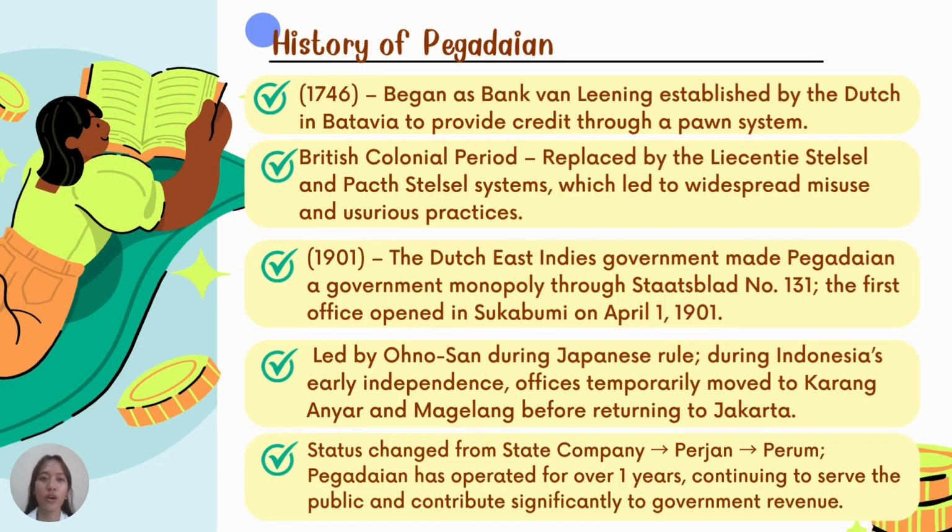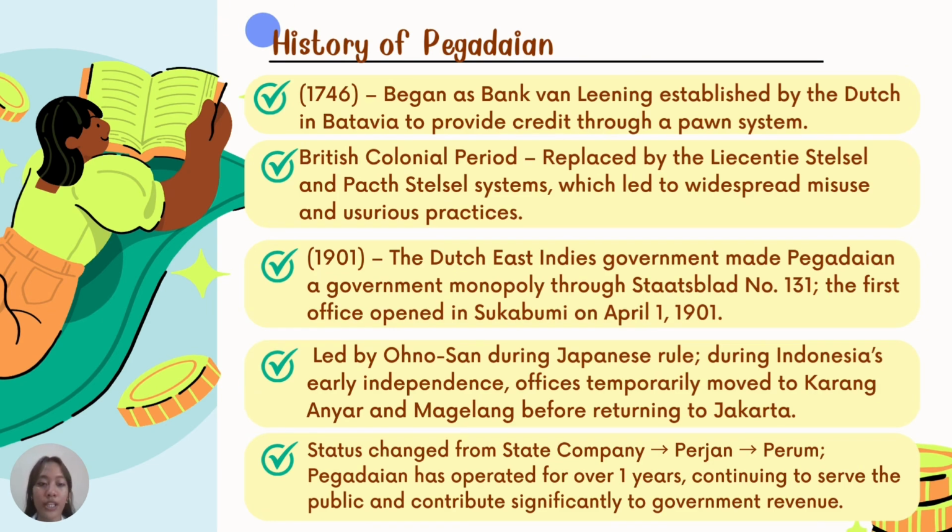Okay, history of Pegadaian. Pegadaian originated from Bank Van Leening, established by the Dutch in Batavia on August 12, 1746, to provide credit using a pawn system. When the British controlled Indonesia, this bank was dissolved and replaced with the license system, which allowed the public to open pawnshops with a license, but many usurious practices emerged. This system was later replaced by the tax system, which granted licenses to those who paid high taxes, but misuse still occurred. And the Dutch East Indies government finally established Pegadaian as a government monopoly through Staatsblad number 131 on March 12,